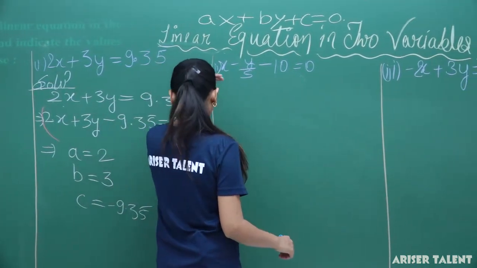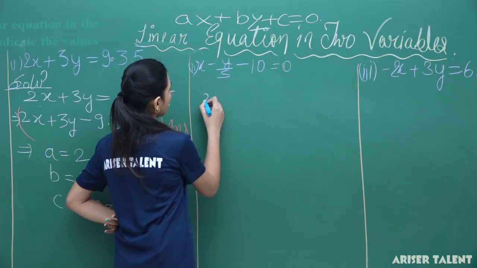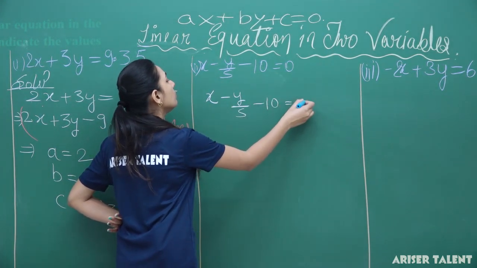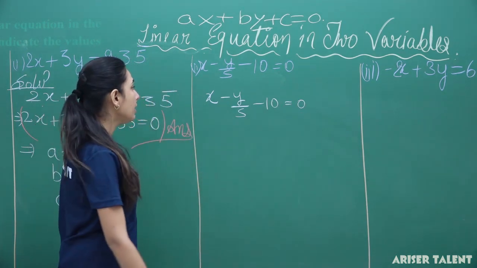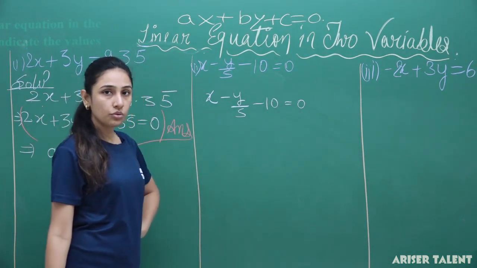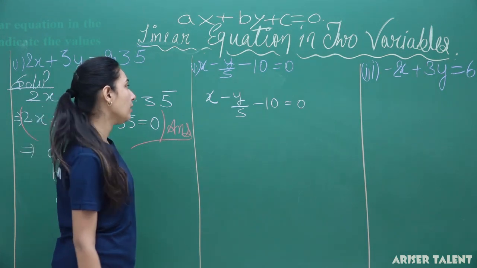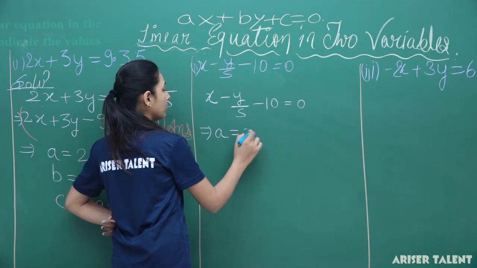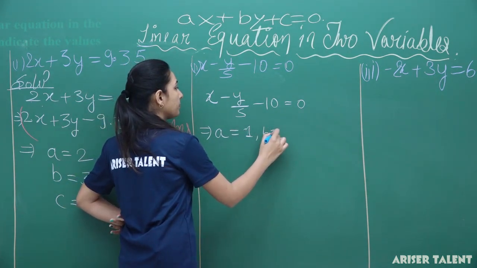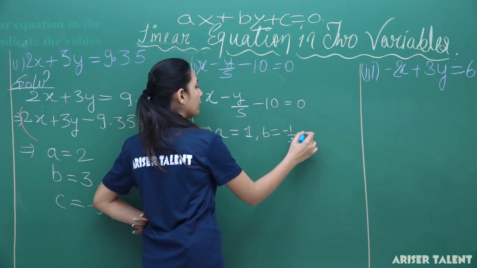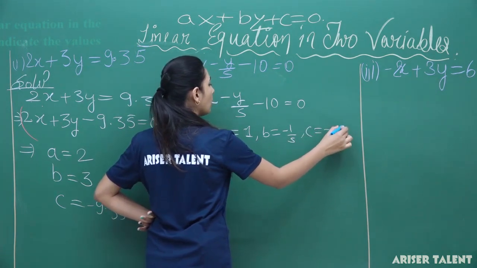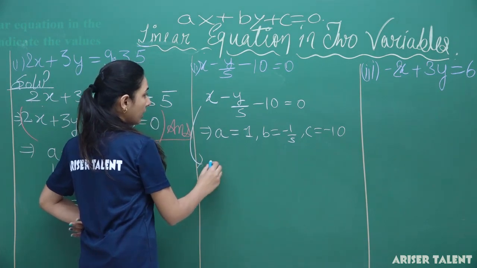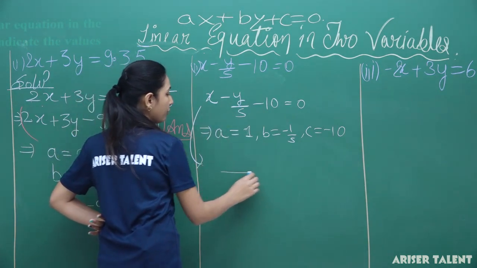Okay, now come to this question: x minus y by 5 minus 10 equals to 0. Now that will be x minus 5y by 5 minus 10 equals to 0, right? Now you can do two things. Either it can be solved like this: from here a equals to 1, b equals to minus 1 by 5, and c equals to minus 10, or else you can write it taking LCM 5,